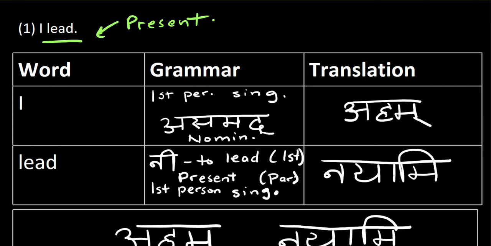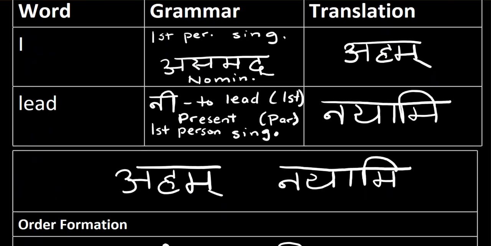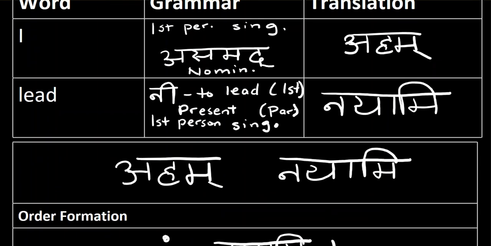That would have been acceptable alone. But the direction says to make sure that we're using the pronouns. The pronoun for I is a first person singular pronoun, so we have to use the word asmad. And since I is the subject of the sentence, it's going to be declined in the nominative case. Asmad nominative singular ends up being aham. So you end up with aham nayami,